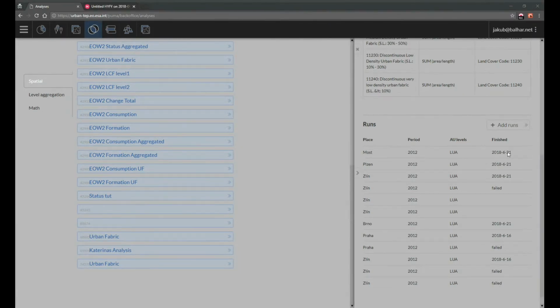Now we can see that the analysis was successfully finished. If it had failed, it would show as failed with the error shown when we overlay it. And now the last thing that remains